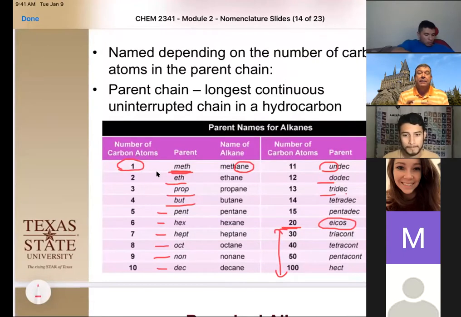So if I said, oh, we have a carbon chain and its longest carbon chain is 11 carbons, then immediately you're going to say, okay, that's undecane, because we said that the longest chain has 11 carbons in it, and we only have these saturated hydrocarbons or these simple hydrocarbons with only carbon-carbon single bonds. Okay, questions about that? So this is how we name that longest chain. Okay, and so we always name it by this systematic method.